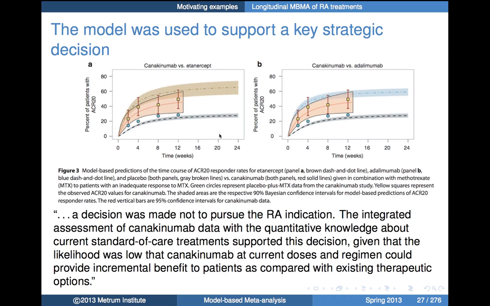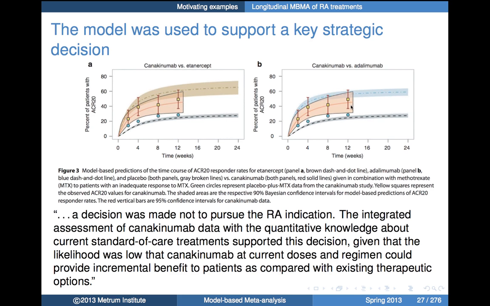In both plots, again, we're looking at percent of patients with ACR20 versus time. The lower curve on both of these represents the placebo outcome, and the upper curve represents the response to the comparator drug. So etanercept is up here, and on the right-hand curve, it's the time course for adalimumab, and then stuck in the middle, you can see the model-based predictions